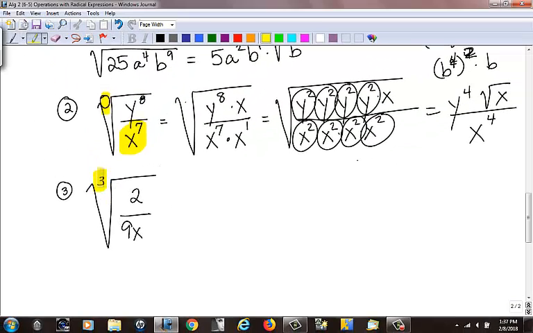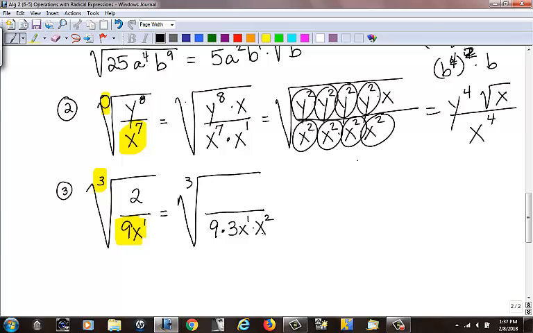What you look at is this, and you got to think about this a little bit. Nine is actually 3 squared, and I need it to be 3 cubed. So I need to take that 9 times 3. That'd make it 27. 27 is a perfect cube. The x to the 1st, I need to multiply that by